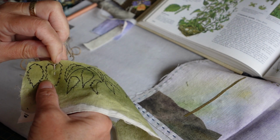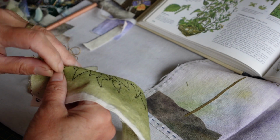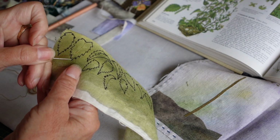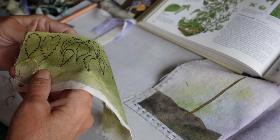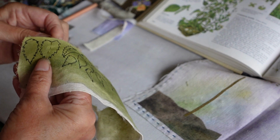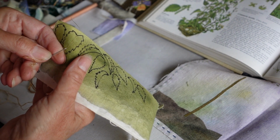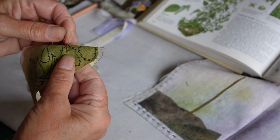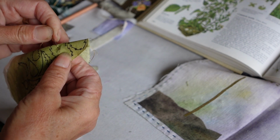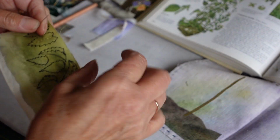So I'm actually going to do a running stitch down towards the middle. I'm not going to take it past the black line because that's where I'm going to cut on. And if you remember, I did actually cut my thread when I did the primroses. And then I'm going to work my way back up the line with running stitch, because it's actually quicker than doing back stitch. So there's my first line,